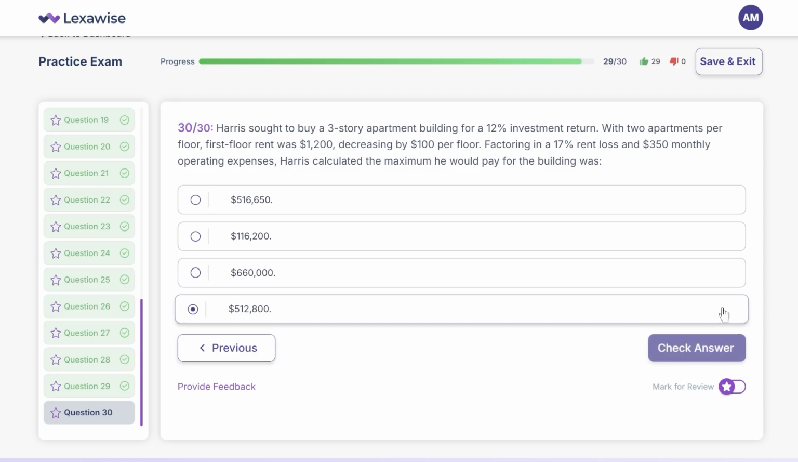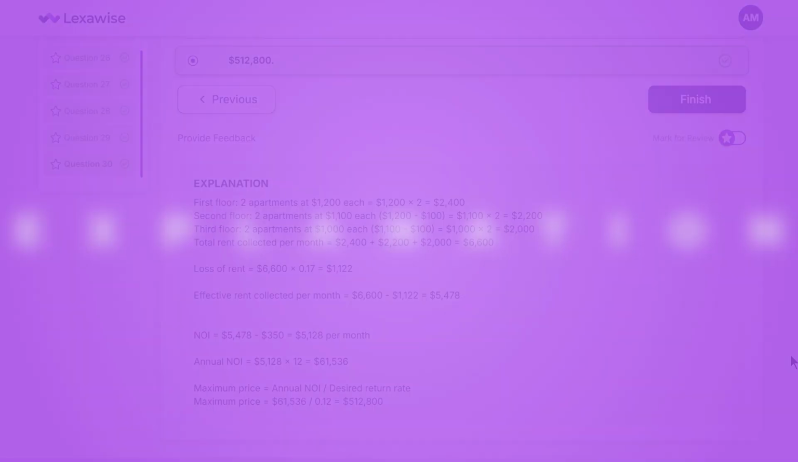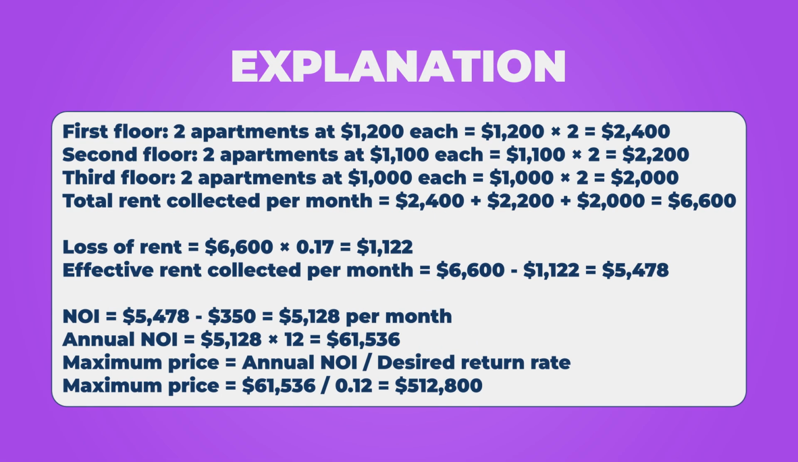If you said D, $512,800, then you are really on point. Here's the reasoning behind it. First floor, 2 apartments at $1,200 each equals $2,400. Second floor, 2 apartments at $1,100 each equals $2,200. Third floor, 2 apartments at $1,000 each equals $2,000. Total rent collected per month equals $2,400 plus $2,200 plus $2,000 equals